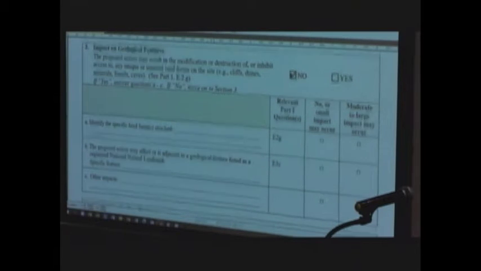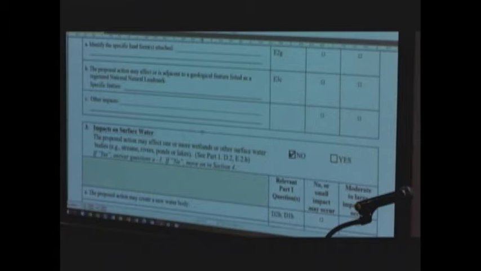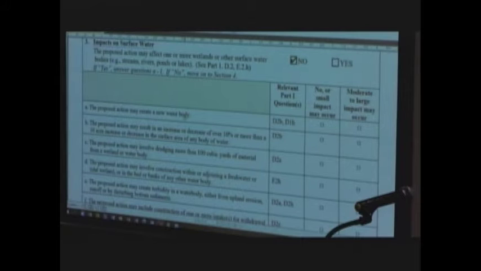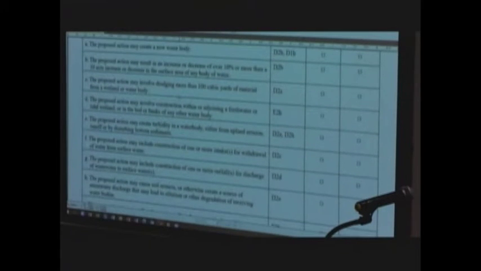Impact on geologic features, are there any cliffs, dunes, fossil caves, anything like that? There's nothing on the site, so that's a no, there is no impact. Impact on surface water. We really are not creating any surface water bodies. We are not working along any creeks, ditches. This is well removed from that, so there are no impacts with respect to surface water for the construction part of this project. Typically, they're tied to work around surface water bodies, dredging, anything that you can potentially have a release into surface water.